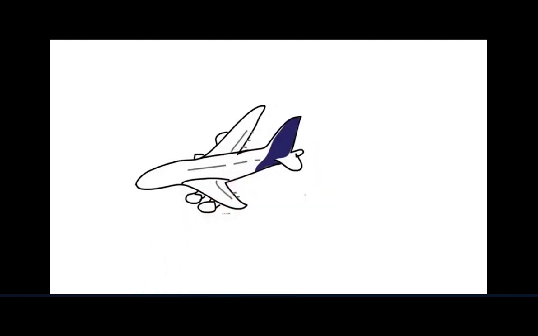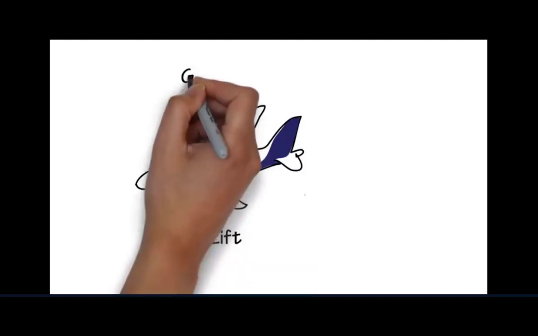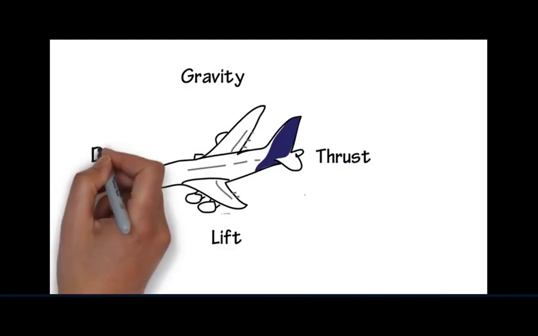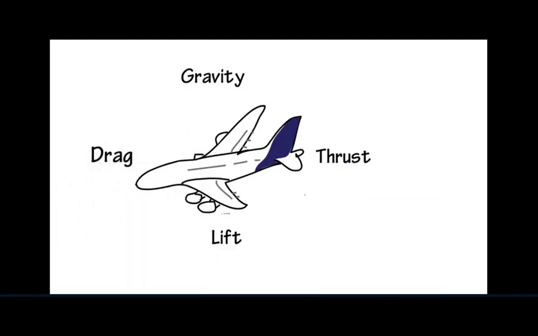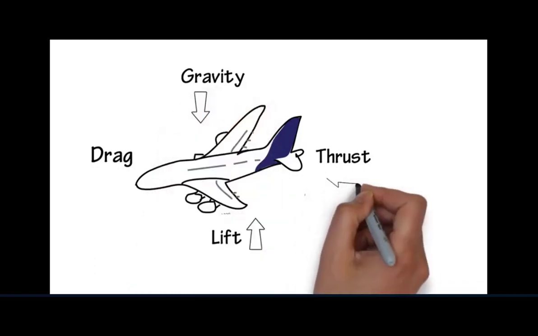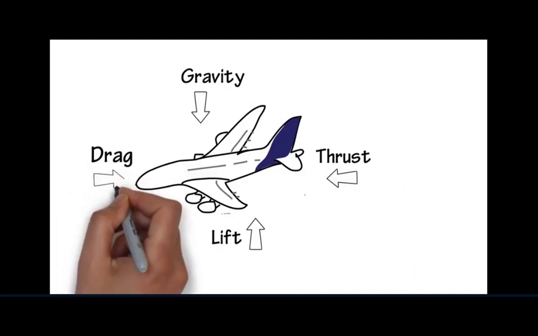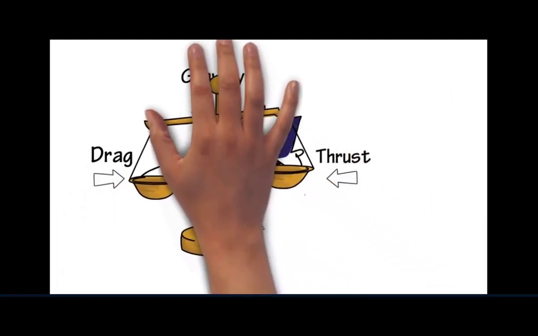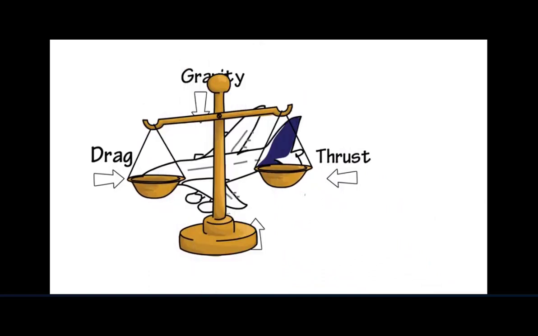We just need to consider 4 important forces and get them just right. The 4 forces are lift, gravity, thrust, and drag. These 4 forces act in different directions. Lift pushes the plane up, gravity pulls it down, thrust propels it forward, and drag pushes it back. If we can get these 4 forces balanced just right, we can get a plane in the air and keep